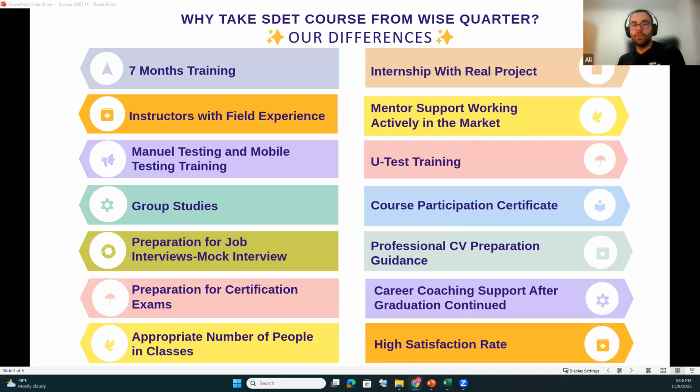Then you will jump into Java, which is the first programming language that you will learn. It's not, of course, hard, but you will need to take time for it. You will learn Java for around 184 hours altogether. That will be enough for a QA, for a tester overall.